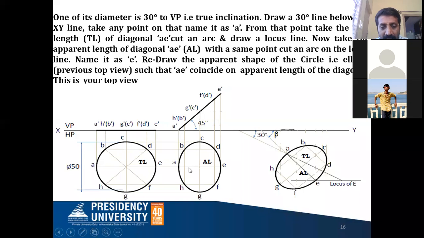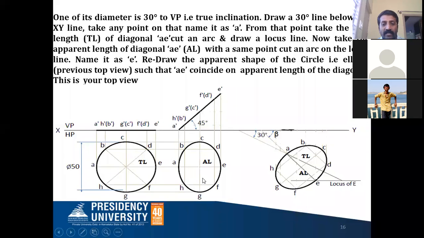On this 90-degree line, from here to B, from here to D, from here to H, and from here to F, the distances are the same. You take any one of the distances and cut it on all the sides. From here you can cut here, so you're going to get all 8 points.